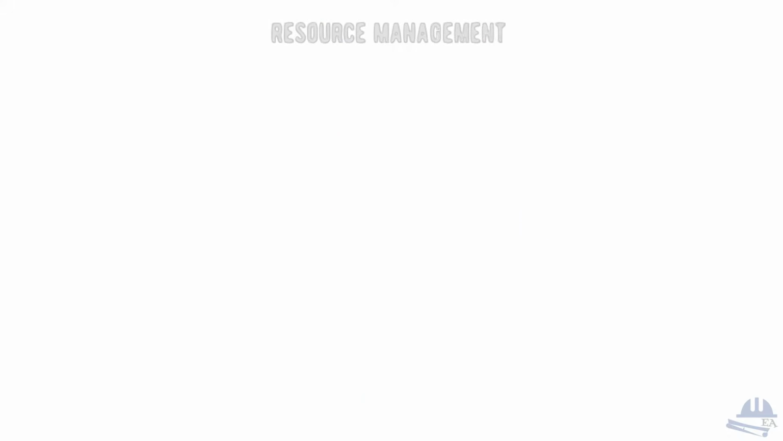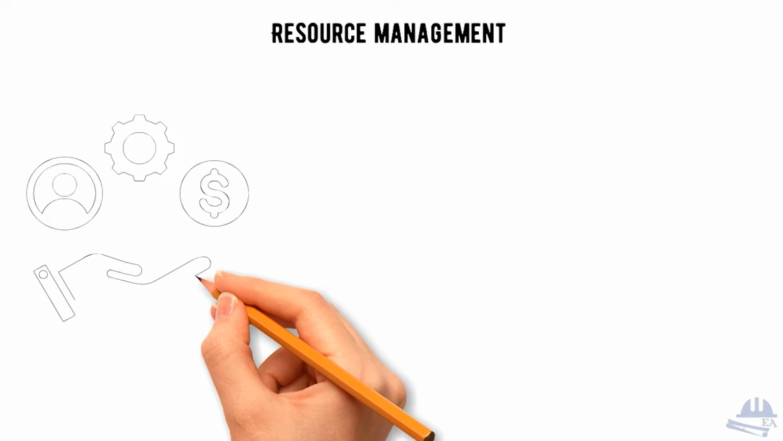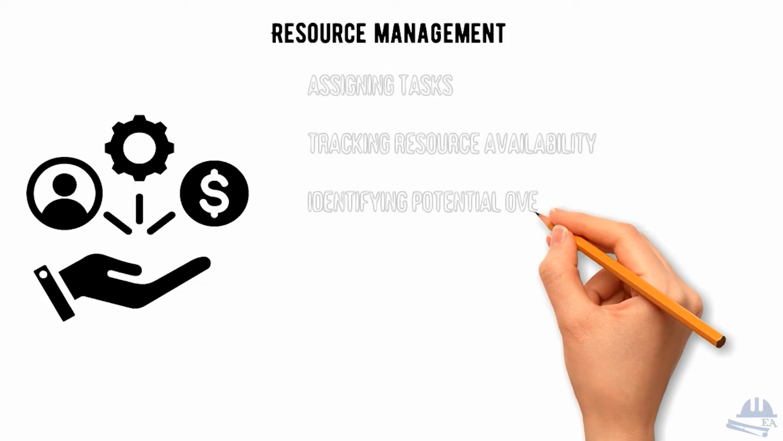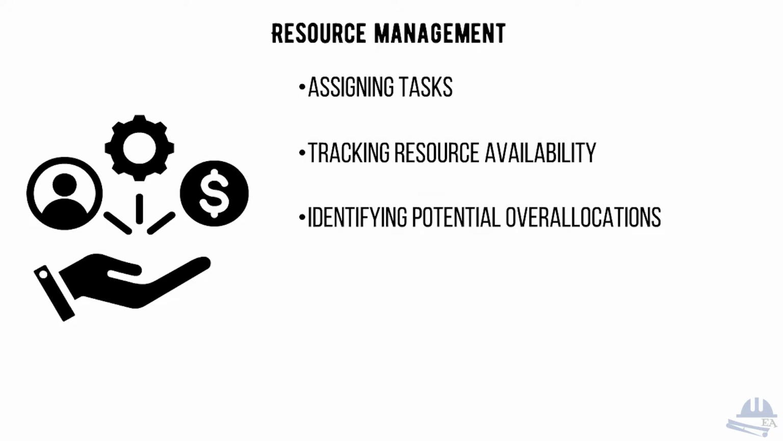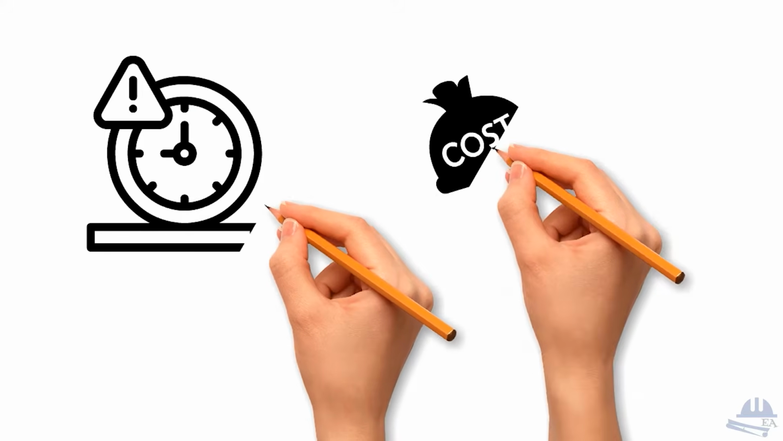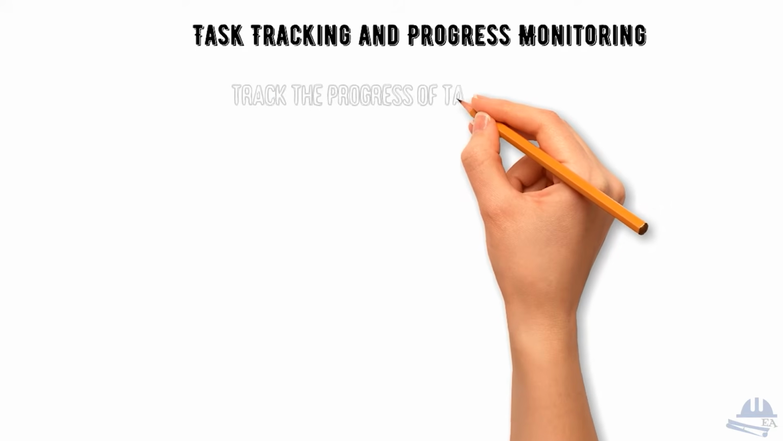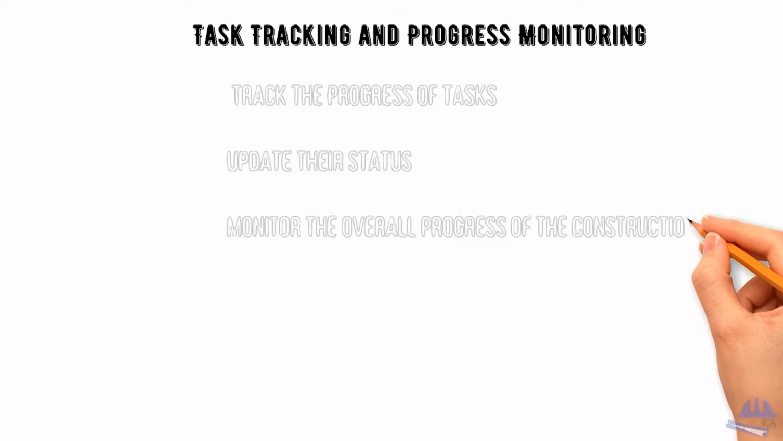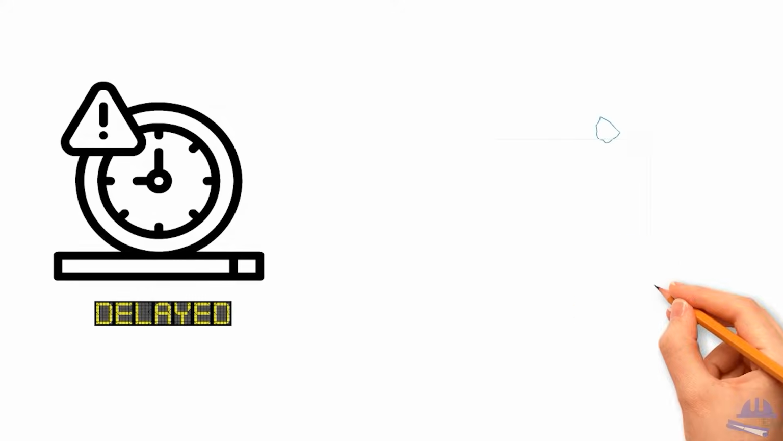Resource management. The software helps you manage resources effectively by assigning tasks, tracking resource availability, and identifying potential overallocations. This ensures that resources such as materials and labor are utilized optimally, avoiding delays and cost overruns. Task tracking and progress monitoring. With Microsoft Project, you can track the progress of tasks, update their status, and monitor the overall progress of the construction project. This helps in identifying any delays or issues early on and taking corrective actions to keep the project